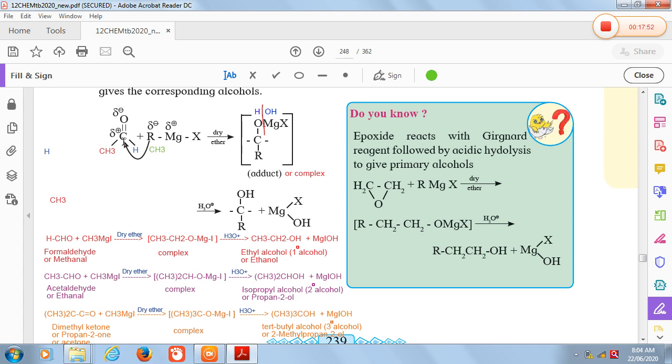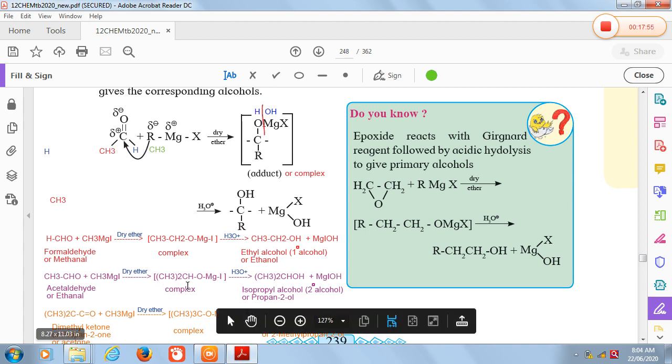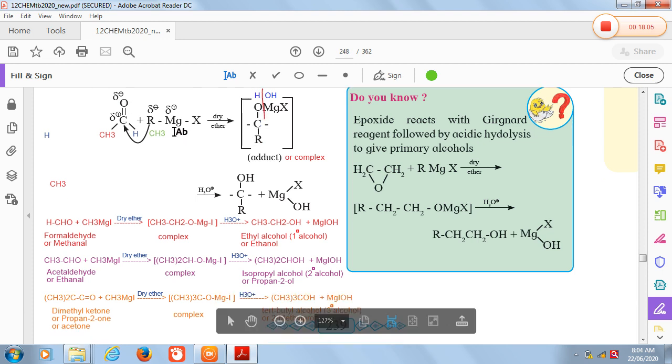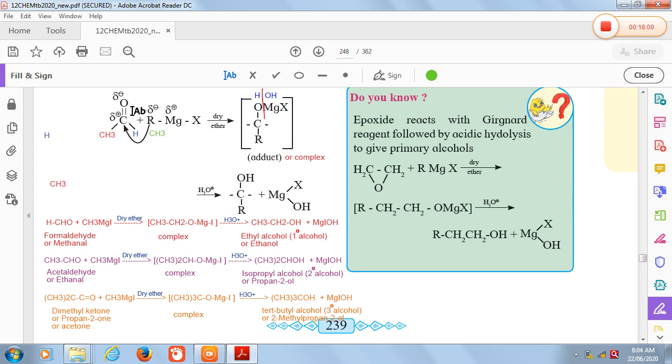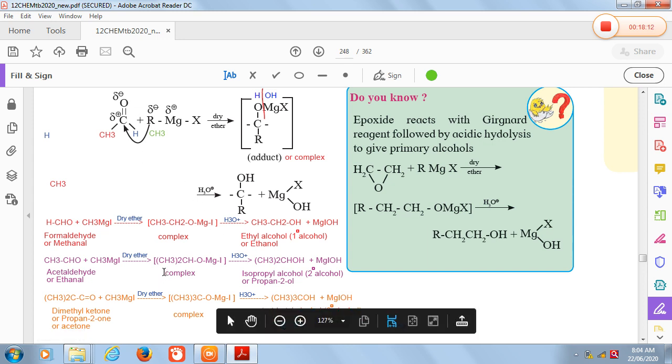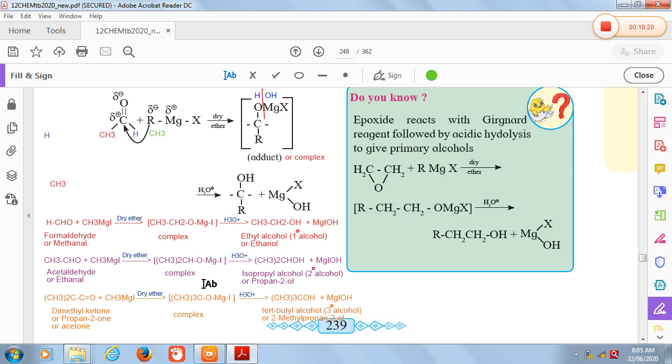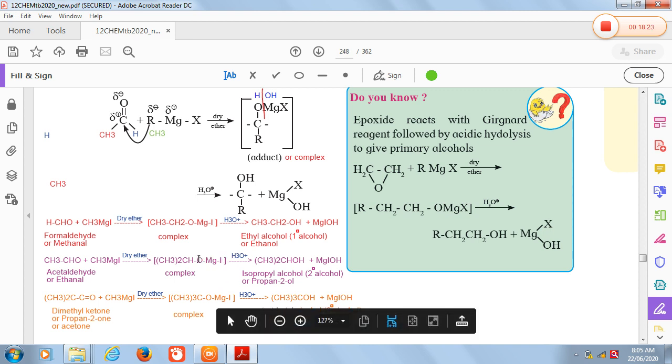So CH3 is attached here. So there are two CH3 attached to the carbon. So CH3CH, C double bond O gets converted to C single bond O, and MgI gets attached to oxygen. So your complex becomes (CH3)2CHOMgI. Then on hydrolysis, simply break the oxygen magnesium bond and add hydrogen to oxygen, OH to MgI. So we get (CH3)2CHOH, and your product is isopropyl alcohol,